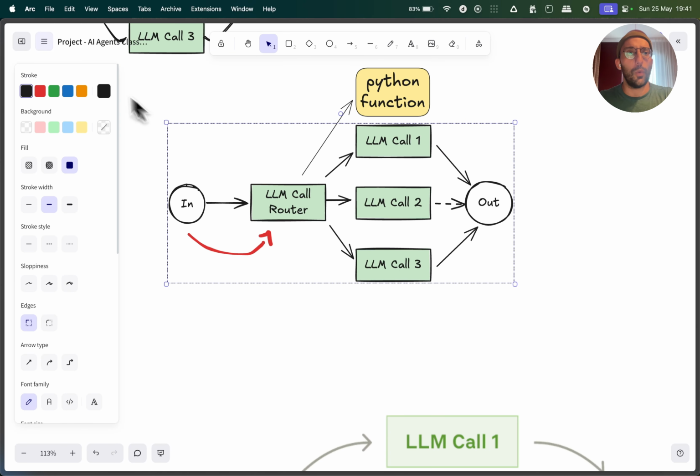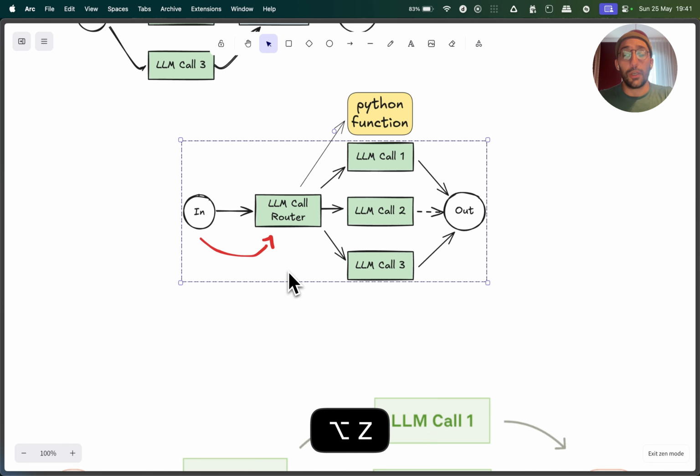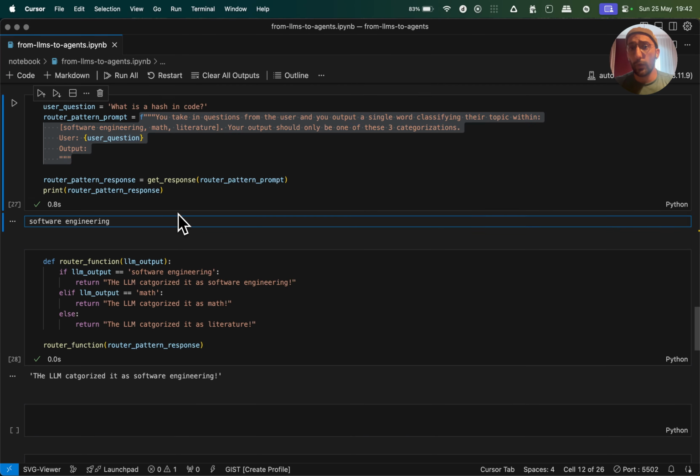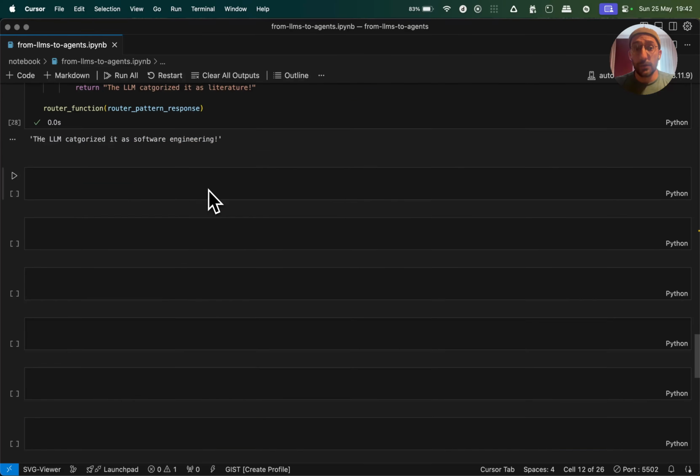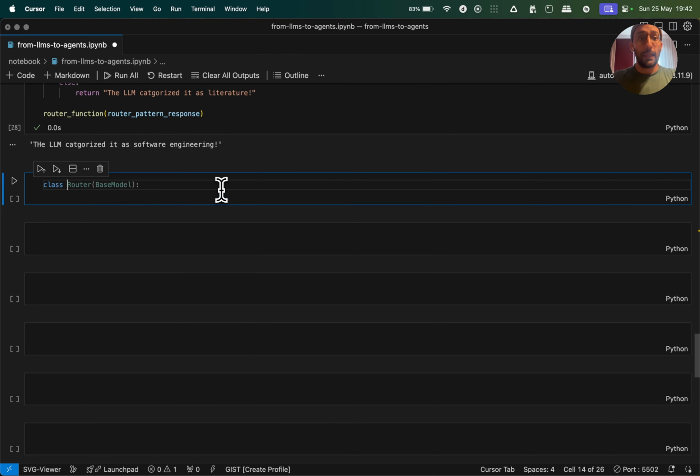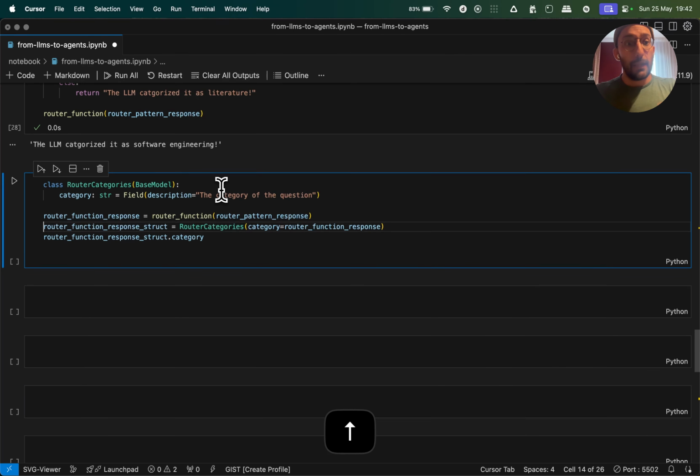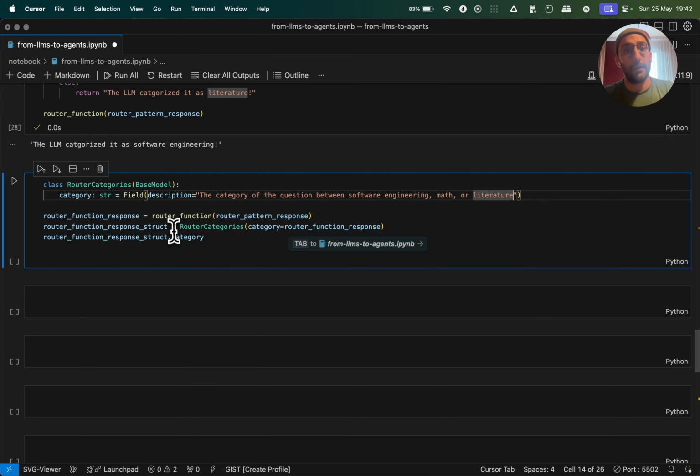I think it's one of the most common ones because you can do a lot of stuff if you combine, for example, folks, the way I was doing here was very silly, right? It was just a simple prompt to demonstrate this idea, and it kind of worked okay. But we could have used structured outputs, right? I could have said something like class RouterCategories, and then base model, and then category, and then the category would be category question between software engineering, math, and literature.